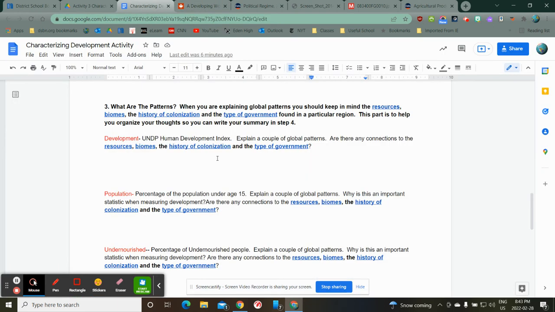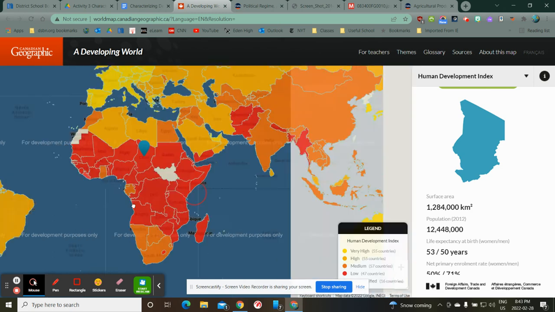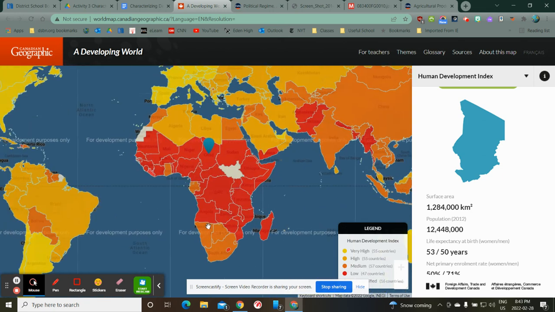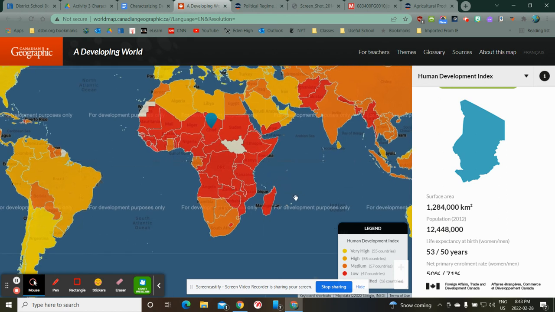HDI, you're going to look at the global pattern. So in general, Africa is mainly what type of index? Whereas the north and the south end is a little bit different. In general, when it comes to Africa or Asia, you're going to notice another trend. If you sort of draw a line here, you've got one type of development on one side and another kind of development on another. So you're going to say in general, and then you're going to use your case examples